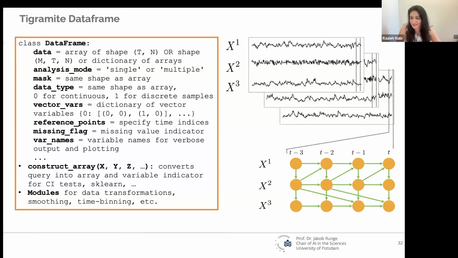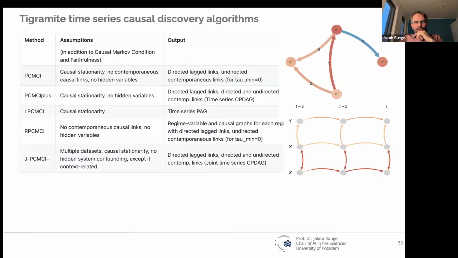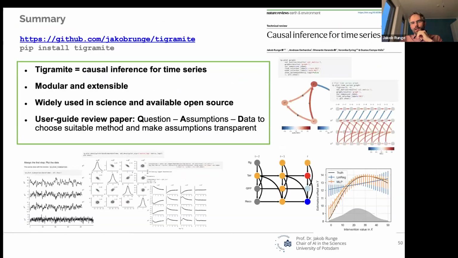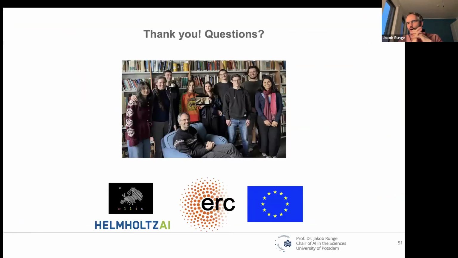Thank you. And another question just popped up. Do you have time series data sets with ground truth causal discovery to play with? I do. I should have put that in. I have this whole benchmark platform called Causme, causme.net, and that features lots of largely synthetic data sets with different challenges of number of variables, time series length, linear, nonlinear, loads of other challenges, and also some real data sets with known ground truth.